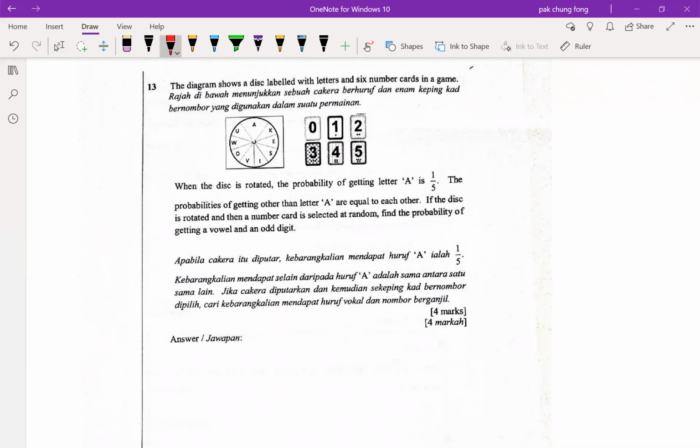OK，第13题。OK，getting a letter A is 1/5 probability，so 这个是1/5。Getting other than letter A equal to each other. So 这边有1、2、3、4、5、6、7、8，剩下8个，所以我用1减掉1/5，还剩下4/5，所以这4/5是分成8个 sector，你除8的话，每个 sector 会拿到1/10。OK，然后叫你找出 find the probability of